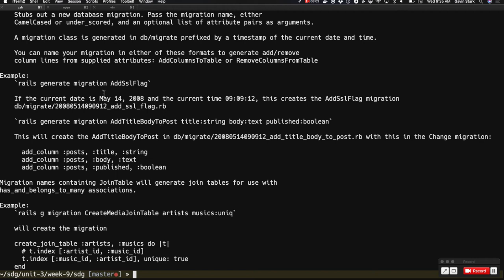So the example here is, hey, we'd like to add some columns. We want to add a title and a body to a post, and we give it the types. That's generally what we want to do. We want to Rails generate migration, add, let's say, add latitude and longitude to